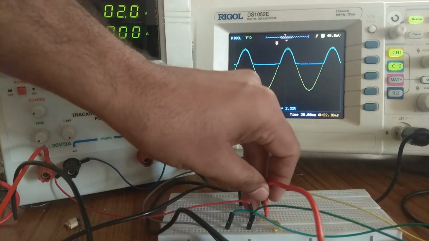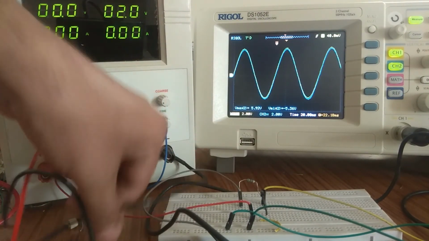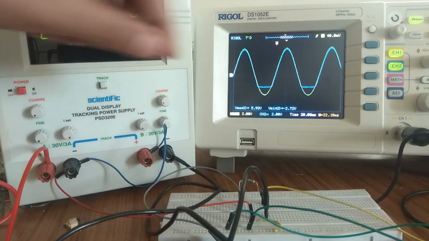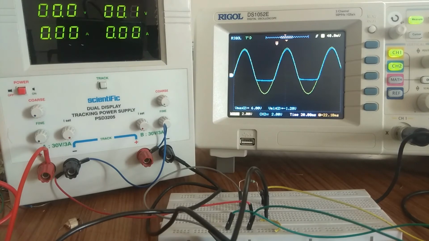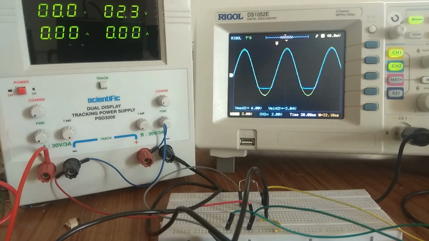Now I am going to give the negative V reference. With the black wire, this is the black wire that I am going to supply here, and this is the reference that I have given. I start from 0. Now if I have given 0, it must be around 0.7, it is around minus 880 millivolt. Now let me increase this one. Now I have given 2.3 volt. It must be 2.3 minus 0.7. It must come around 3. See, it is around minus 3.